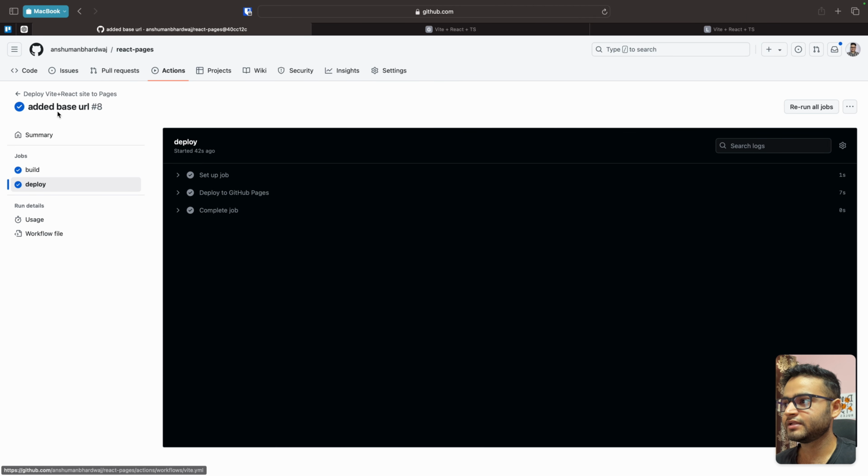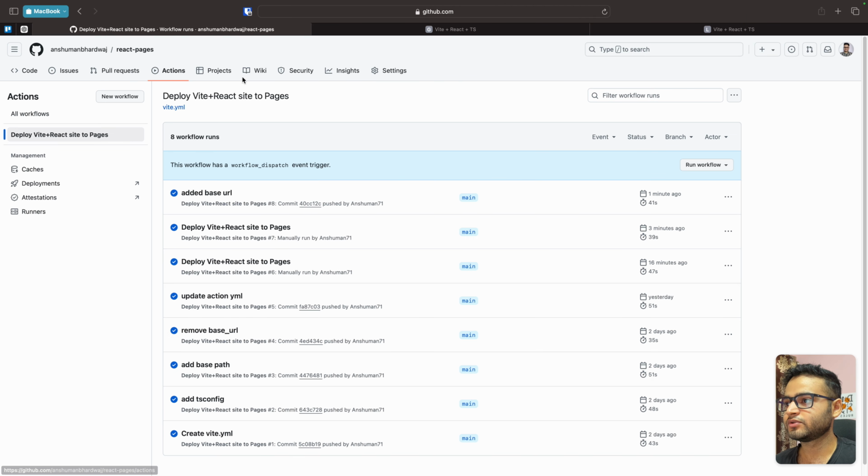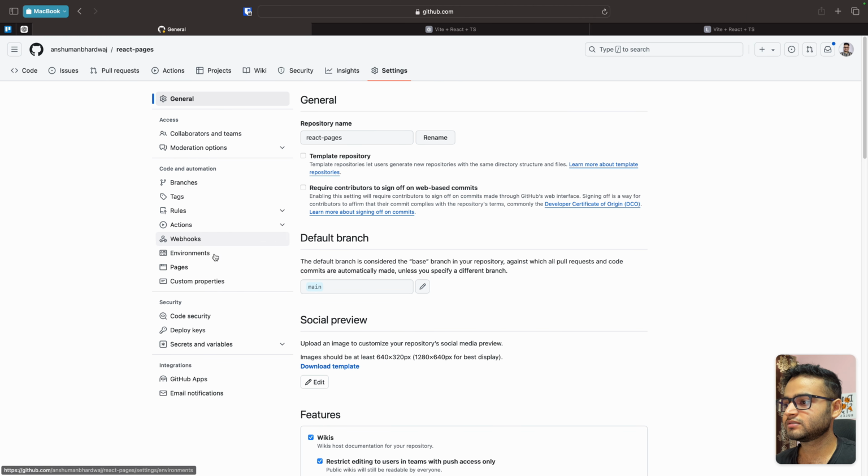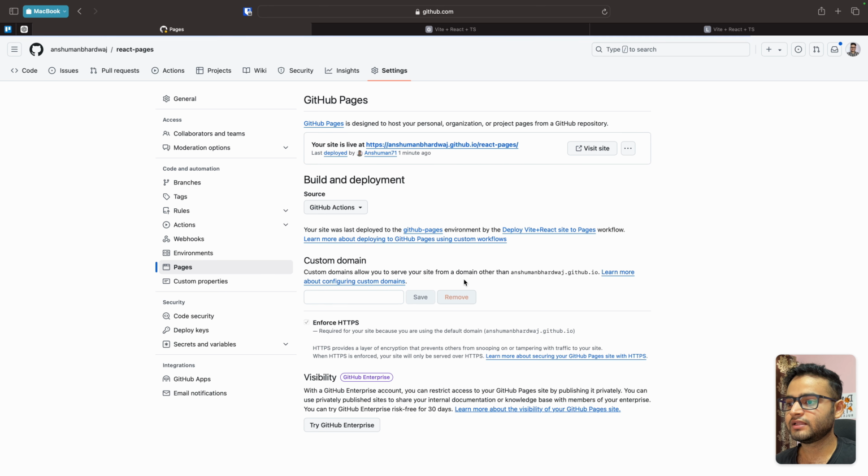To add a domain, you simply need to go back to your pages settings, and here you have an option to add a custom domain. So we'll say something like react pages dot image.fun. This is the domain that I own, so I can do this. So please make sure you have a domain. And if you hit save,